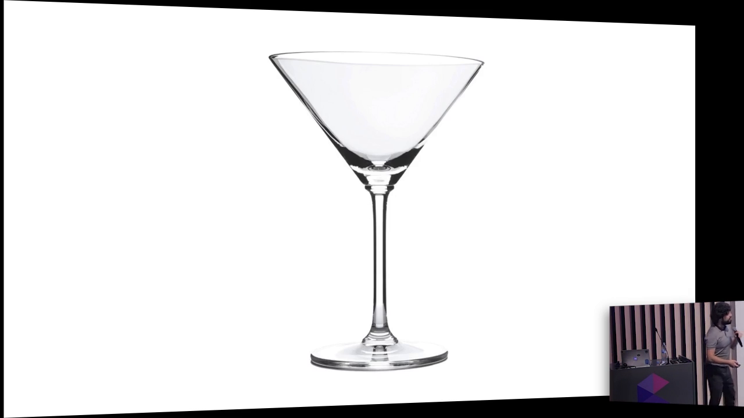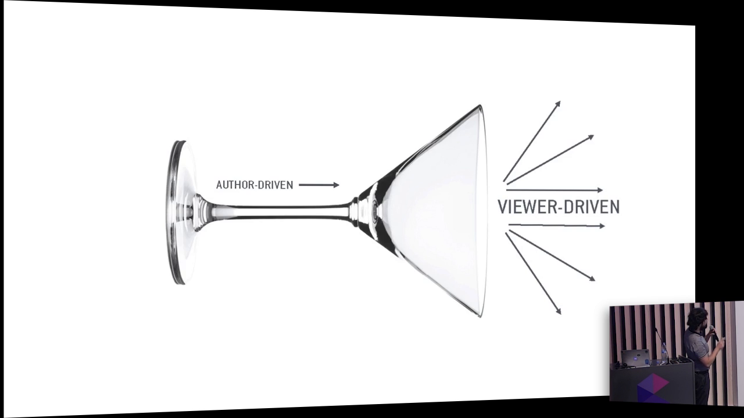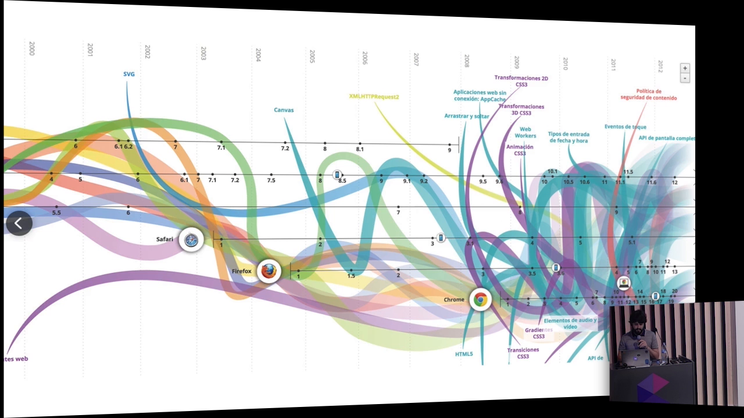The Martini Glass in data visualization and storytelling has one part that is author-driven. You have to sit and just watch the visualization, which gives you a context. And after one point, it leaves the tool to you to explore. This is a common use for the most innovative visualization. I don't know if you know this one,